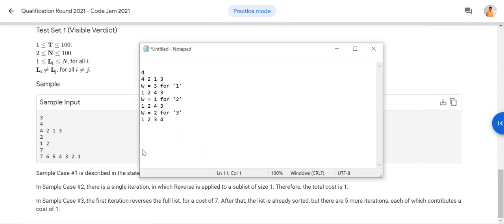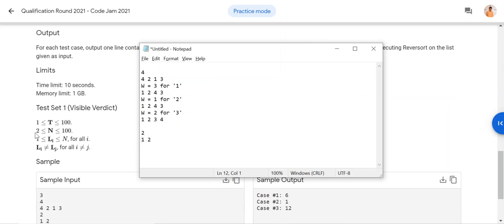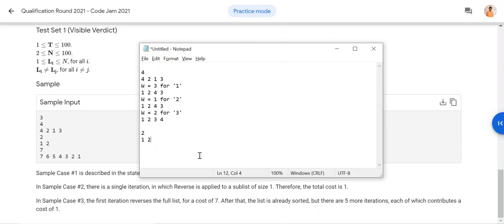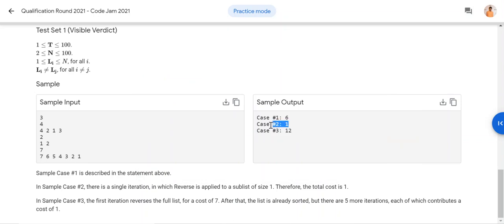Let us go to this example also. Now we have the case here, 2, and 1 and 2. So you have a natural number 2, and this is the minimum natural number as you see here in the test case; they won't give you 1. Since it's already in sorted order, but anyway you have to check, right? Is 1 placed in the correct position? Yes, it is placed. So work is equal to 1 for 1. As I told you before, no need of checking the last element, so work is equal to 1 for this case.